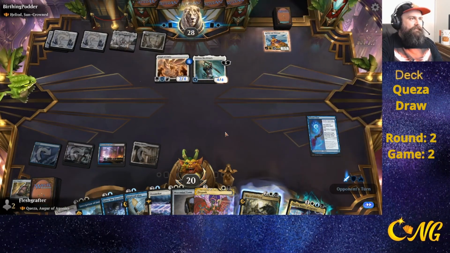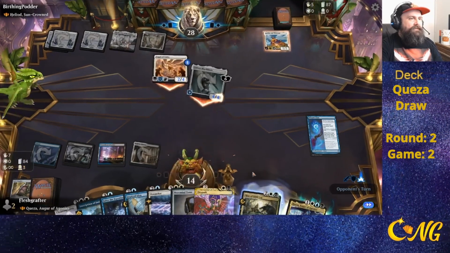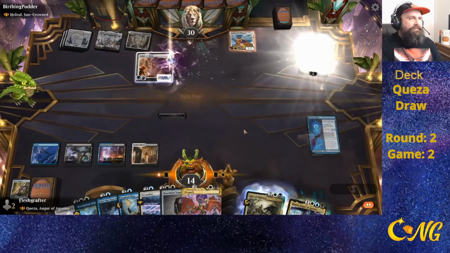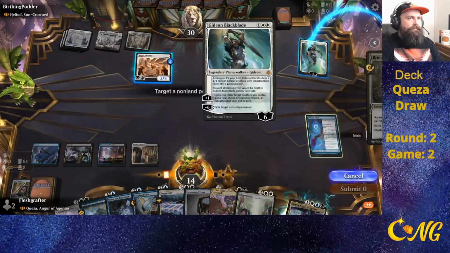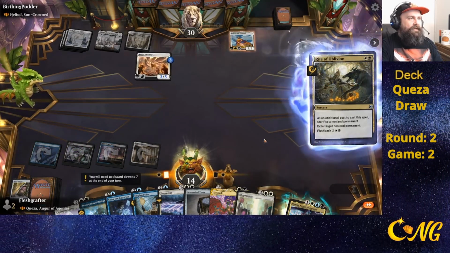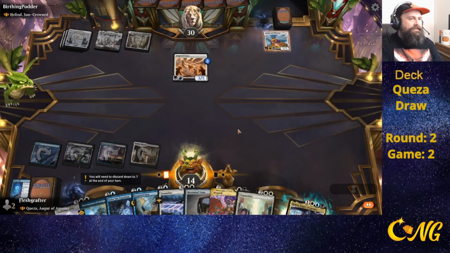Share my light. Alright. I'm gonna have to Rite of Oblivion, get rid of Gideon. I was hoping to be able to get another land drop before that, so that way, you know, I would get more value out of doing this, but...